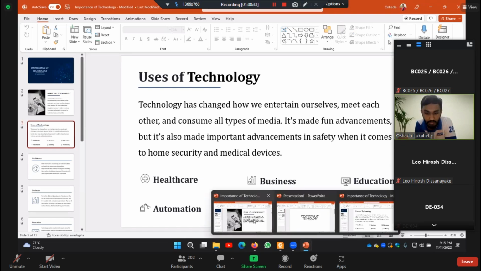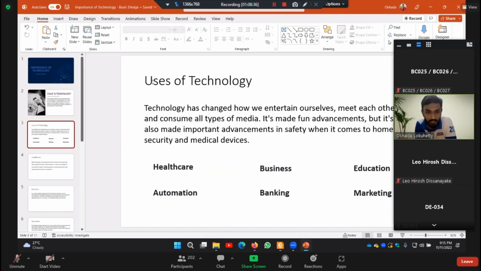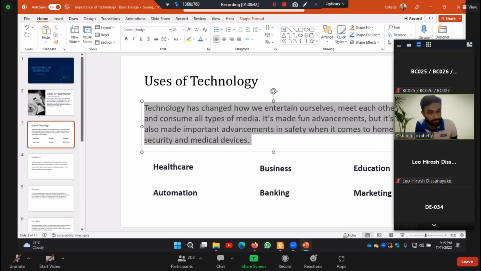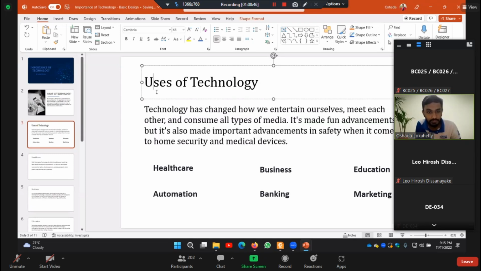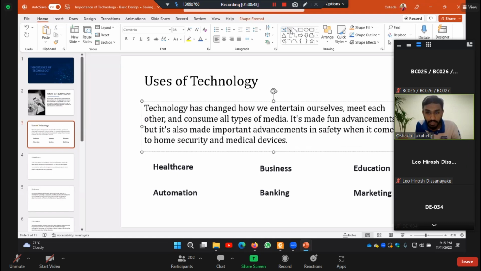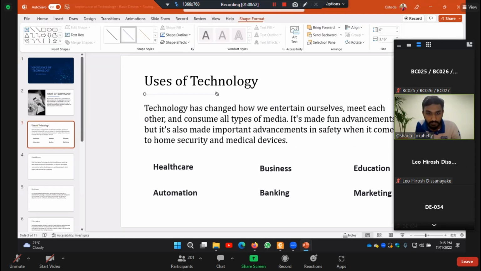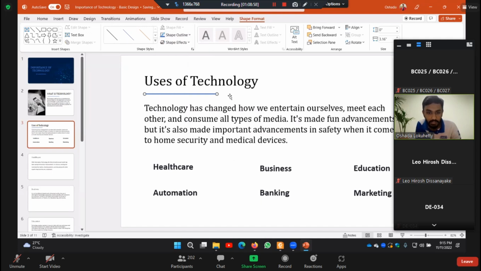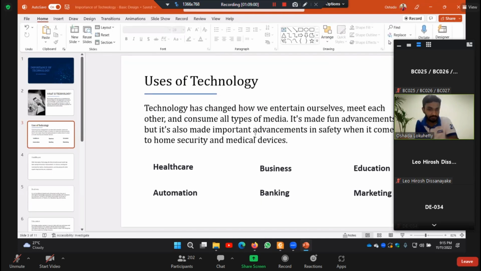So what you can do is I'll select this and I'll give Cambria. For this text also, I'll use Cambria. And I'll draw a line here also, right? Draw a line and I'll go to shape outline and increase the weight of that line like this,